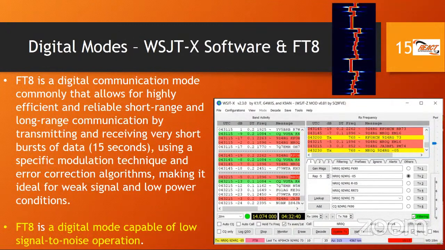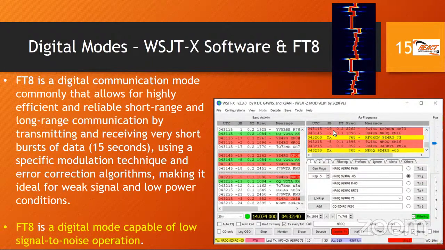All right, let's do another slide before we take a break. So still with digital modes, and we did say one of the modes that the WSJTX software supports is FT8. Now on the right hand side here, we're just showing a waterfall display, so you have a little idea of what the signal looks like when it's generated by the radio and received, right? Not in your exam, but just a little bit of information to show what it looks like. But we need to know that FT8 is one of those modes that's supported by the WSJTX software,